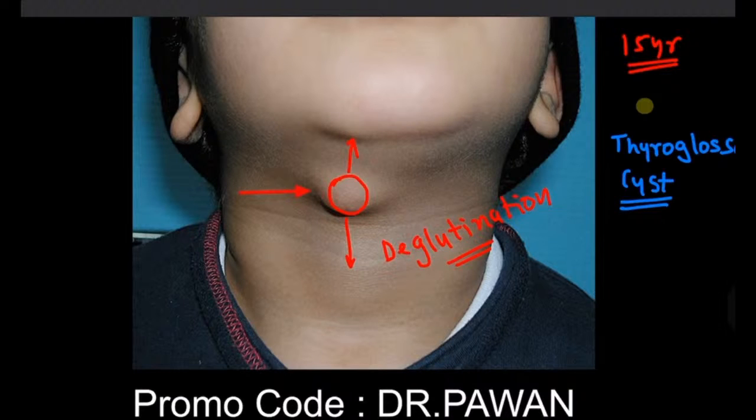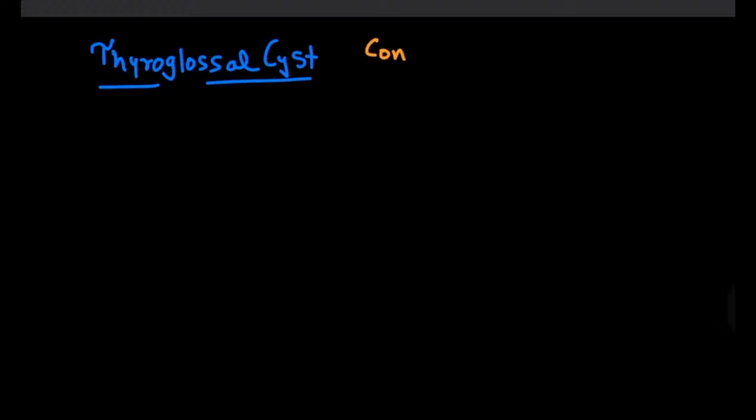Now let us discuss a few points regarding the thyroglossal cyst. What is the cause of it? It is a congenital deformity. The cause is basically a congenital remnant, where there is a persistence of